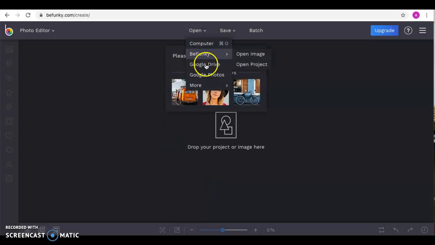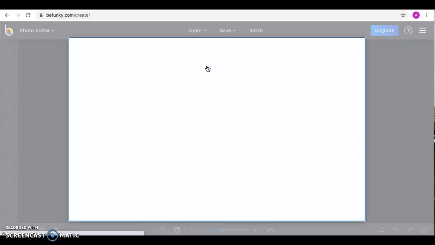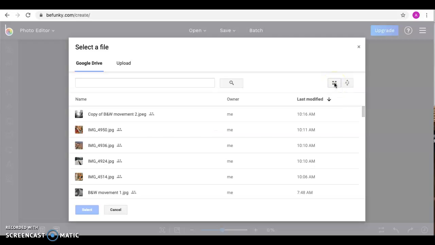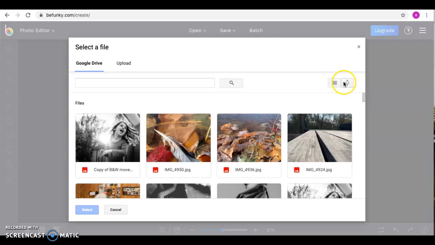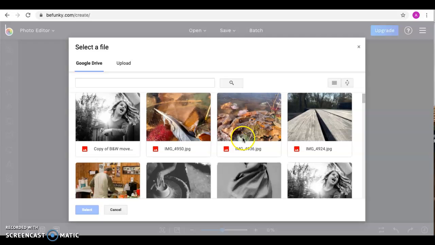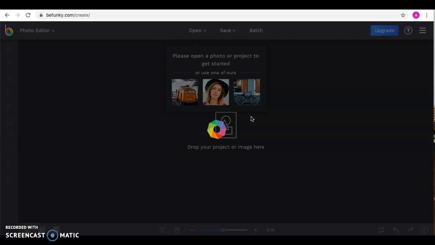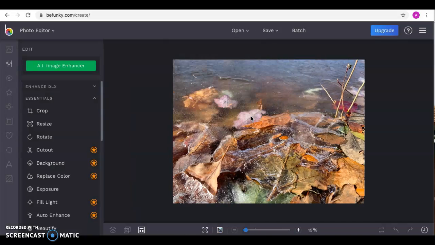And I'm going to open my Google Drive. And it looks like it brings me into kind of a folder I've been working in. So I'm going to try this one. You've got to try some different photographs. Sometimes you might think they'll work great as black and white, and they will, and other times they just don't